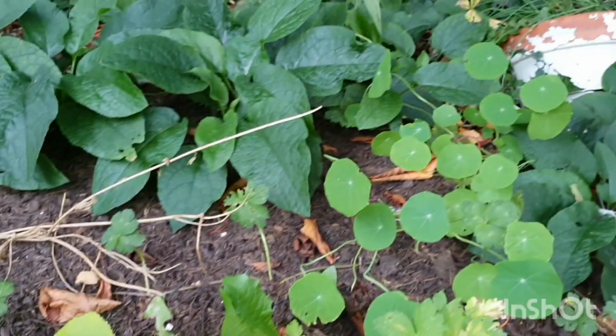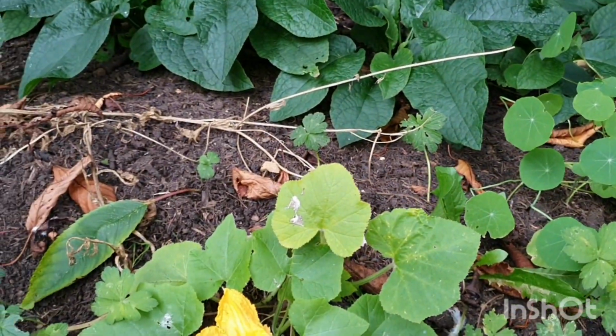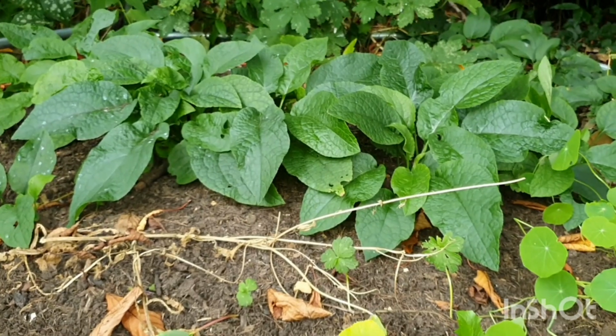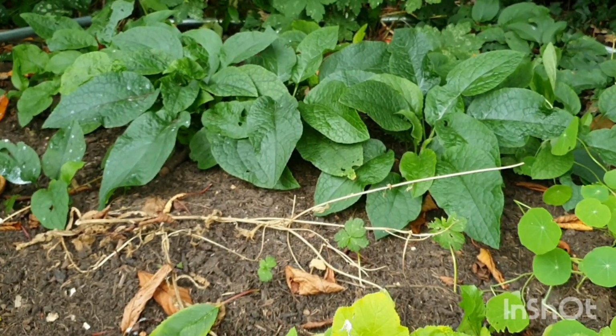And there's a few nasturtiums which are coming along here. There's also some weeds that have made their way through the cardboard, but that's bound to happen. I mean, it's a very limited amount of weeds. Look how big they are. I've not done any weeding. I don't actually do much weeding, to be honest. That's why my garden's so messy. But